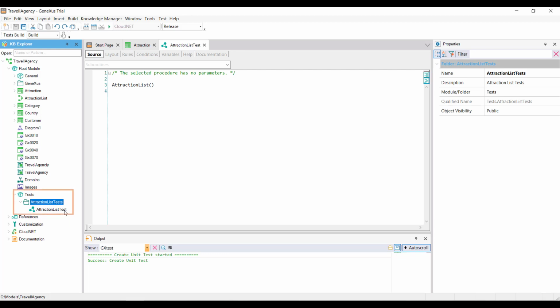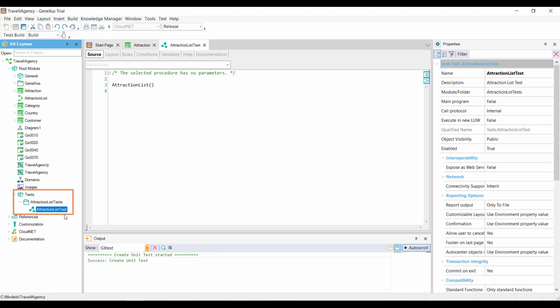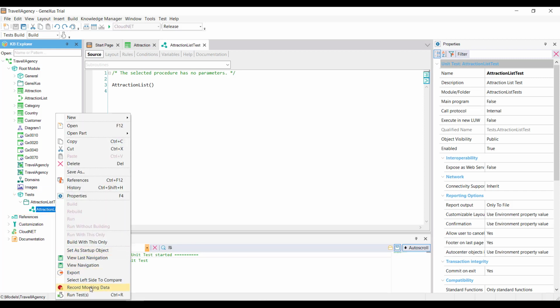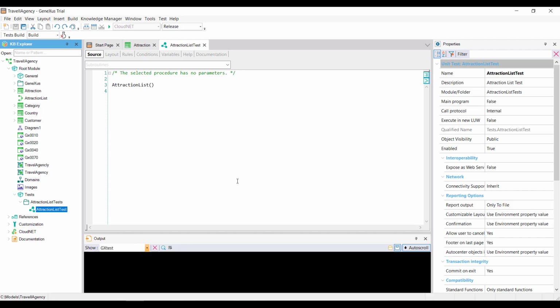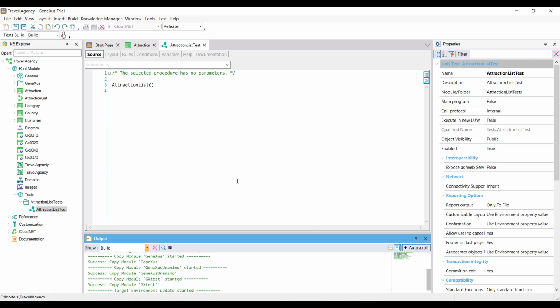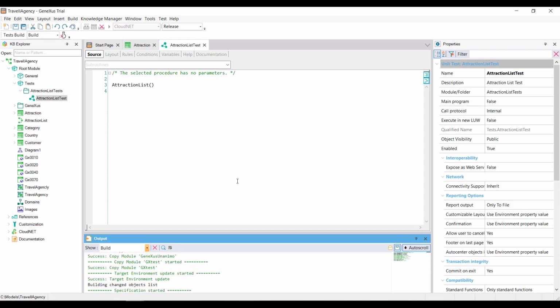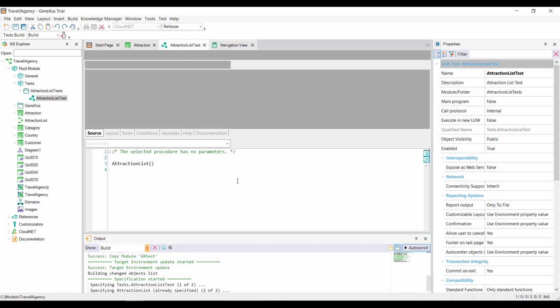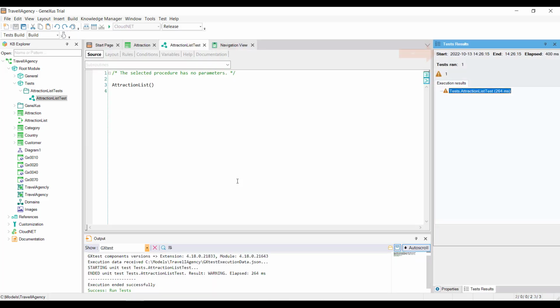Note that in the KB Explorer window, a new test node is created, and below it, the created tests associated with the corresponding objects. To run it, we right-click and select Run Test. As a result, Genexus will show the result of its execution, elapsed time, results obtained in different tests, and so on.